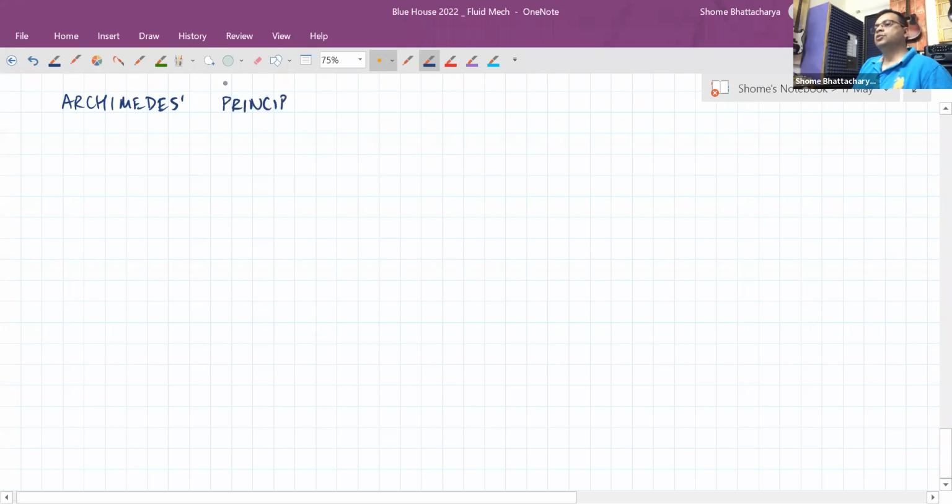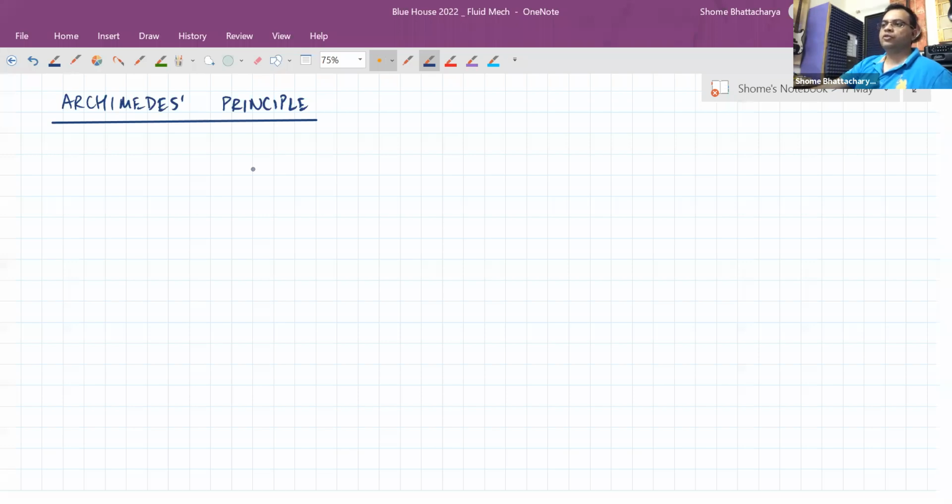One of the most famous eureka moments in physics that you would have heard legends about. So Archimedes' principle, the statement of it, is that when a body is submerged in fluid, whether completely or partially, it always tends to experience an upthrust or an upward force. And that upthrust, or what we call buoyant force, equals the weight of fluid which is displaced. Okay. So the statement is,